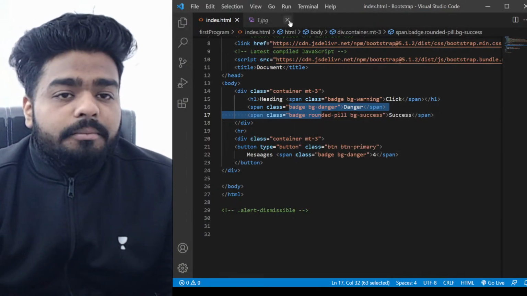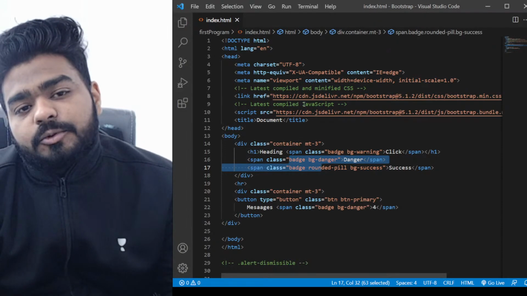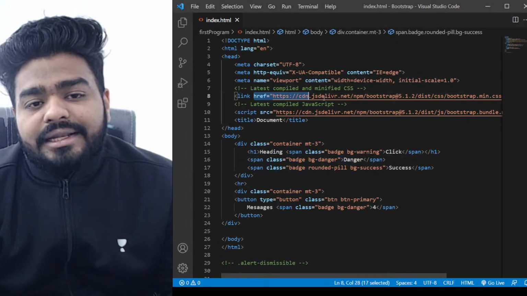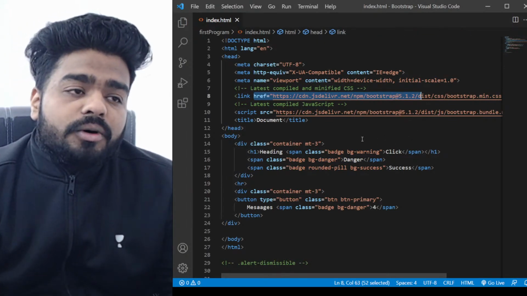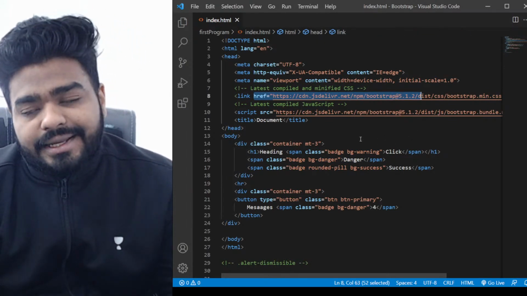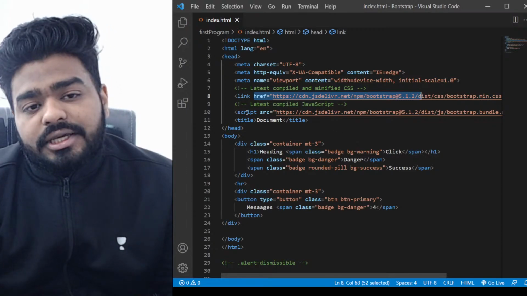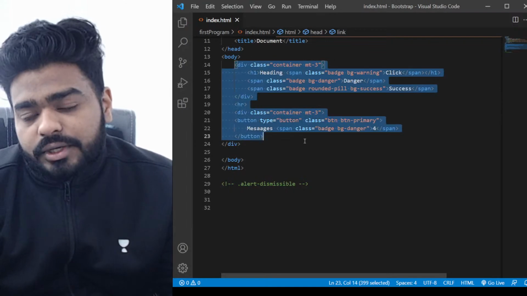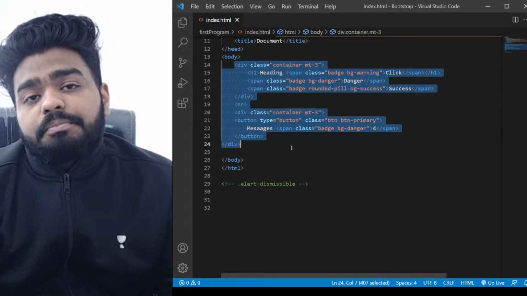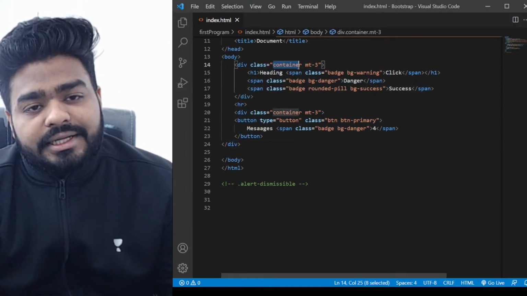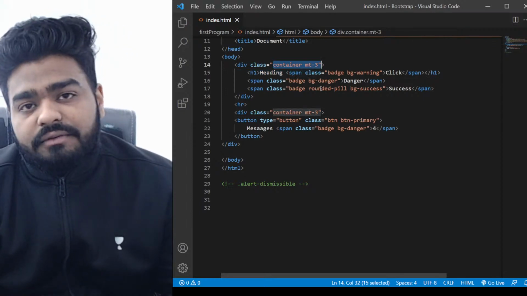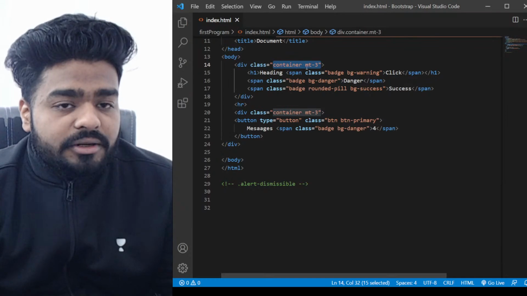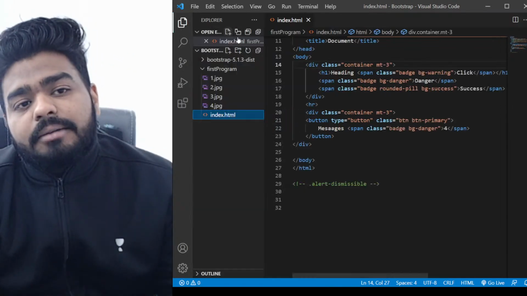Okay, so basically we were understanding Bootstrap, and I just told you and reminded you about how you can add a CDN link of Bootstrap, which will actually include all the Bootstrap files in your program, and then you can write predefined code. Like if you look here, container empty3, this has a meaning, right? The meaning, or the logic, of this particular class is already written in the Bootstrap file